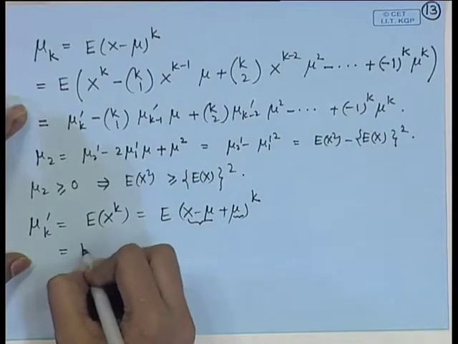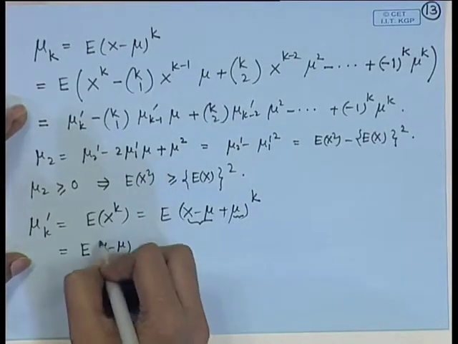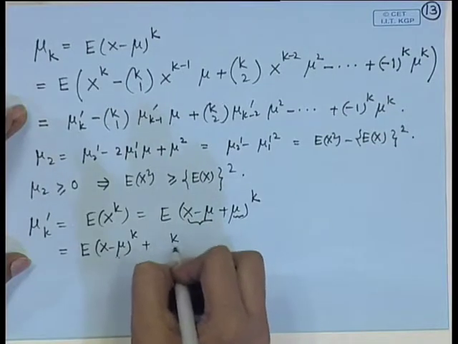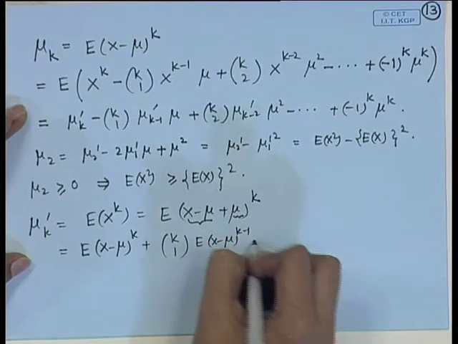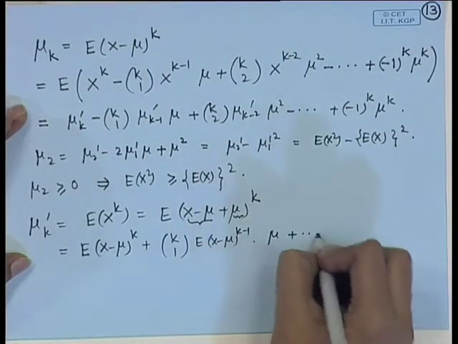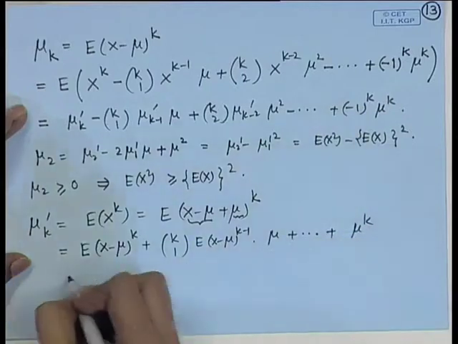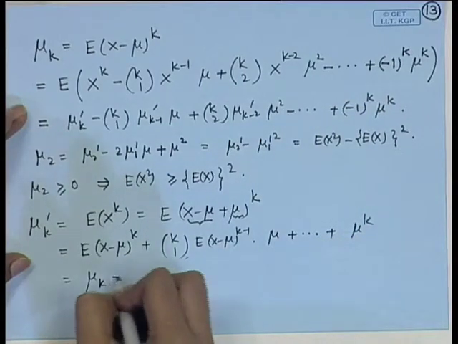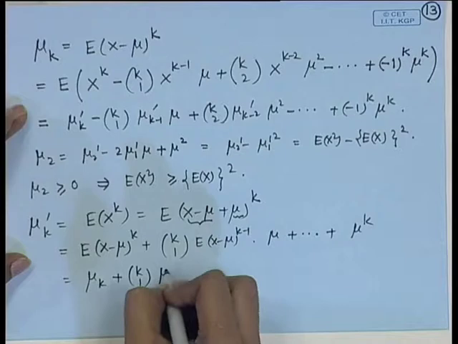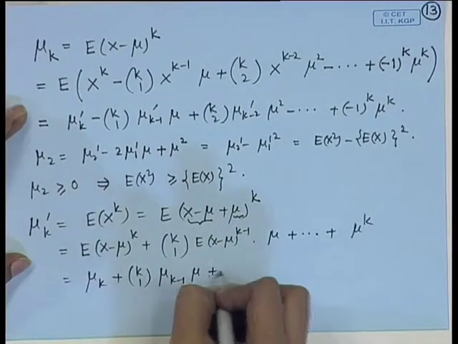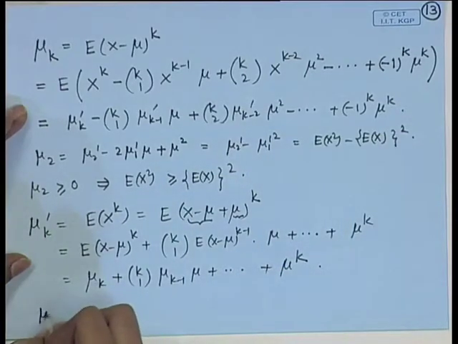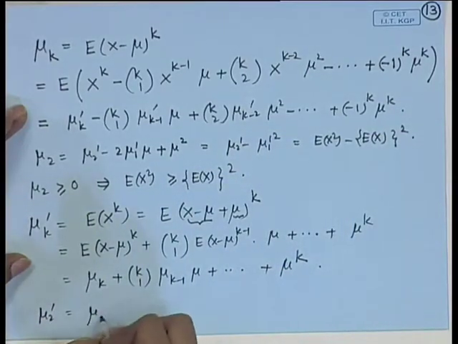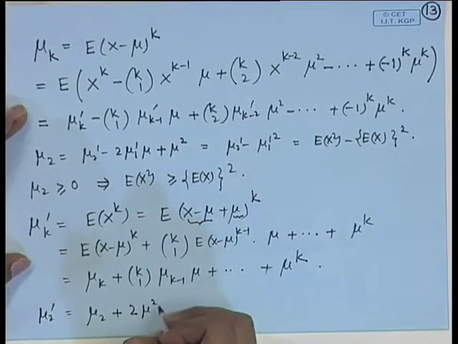So, this becomes expansion of, plus k c 1 expectation of (x minus mu) to the power k minus 1 mu and so on, that is equal to mu k plus k c 1 mu k minus 1 mu plus mu to the power k. In particular, mu 2 prime is equal to mu 2 plus 2 mu square